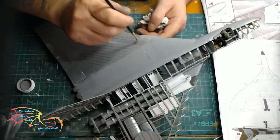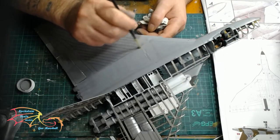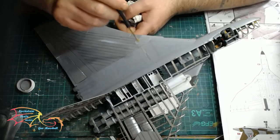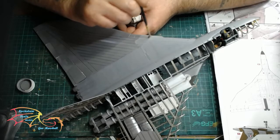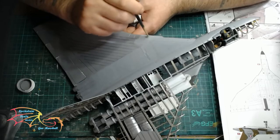When you're painting something this large, it's always best to paint in sections. So for instance, like this delta wing, have a look and see how the patterning on the wing is, then just pick a section to paint before going on to the next one. That way you're sure to get an even coat as you're painting, and you won't be going back over any